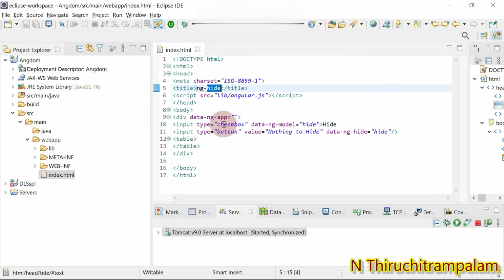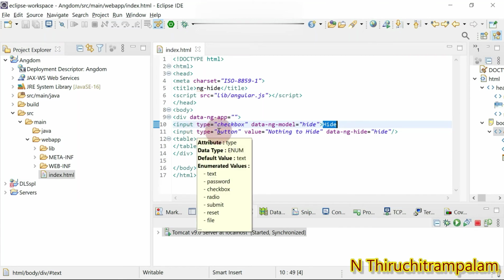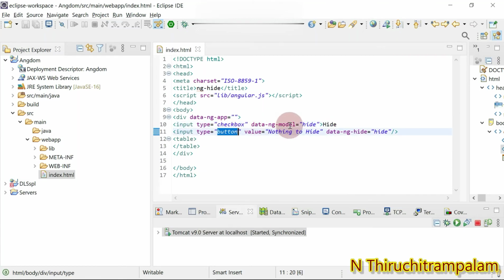Because we have created the checkbox using the input element, given it the text hide, and then created a button using the HTML input element, and that button is given the value nothing to hide. So that's the reason you see this.